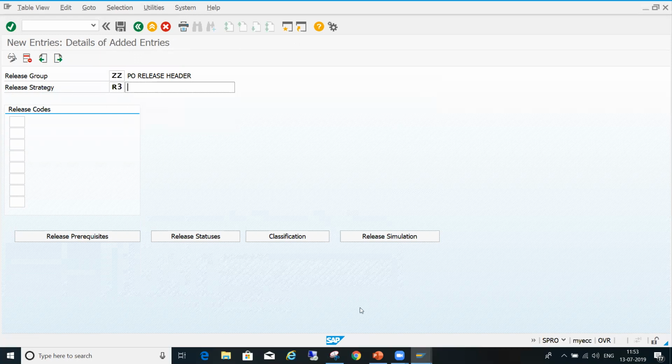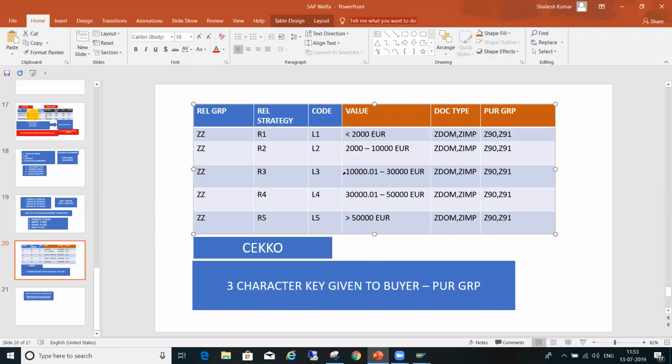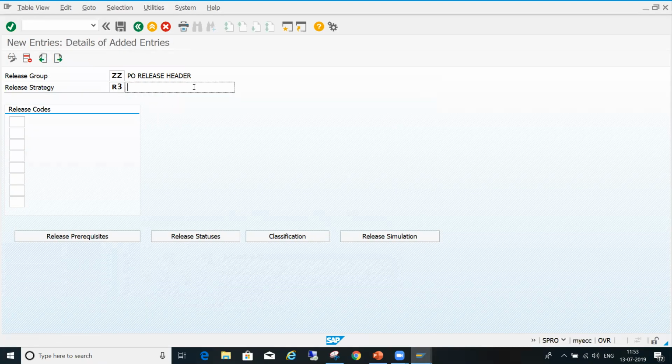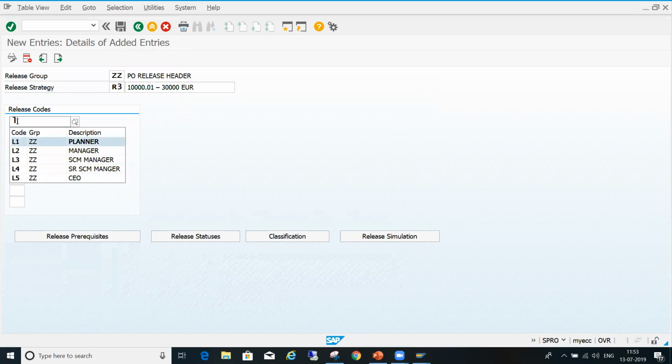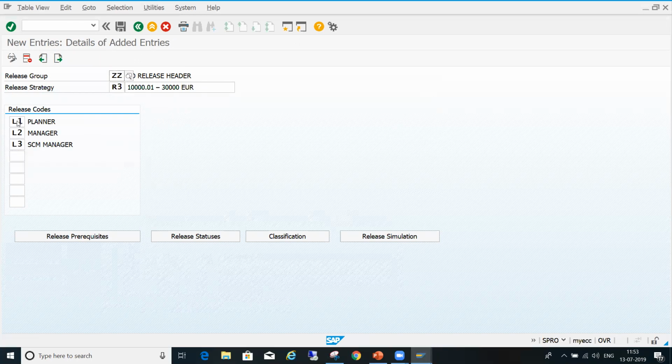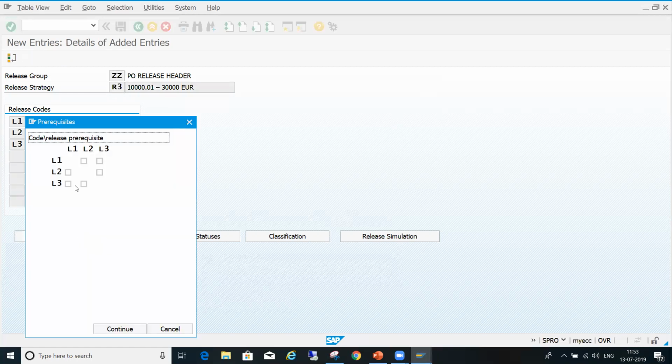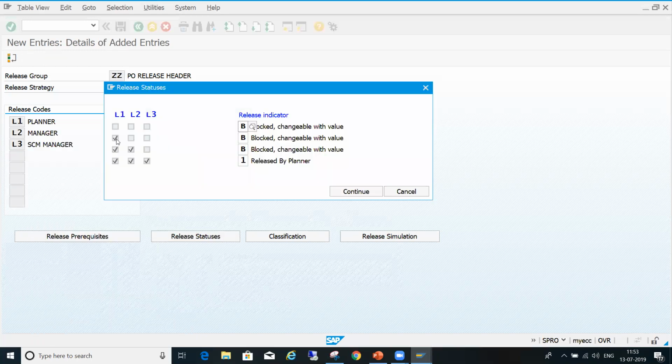Third level, this one. Then L1, L2, L3. Continue.